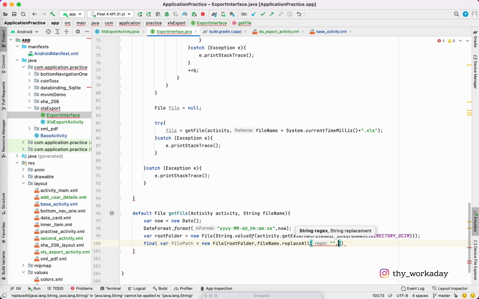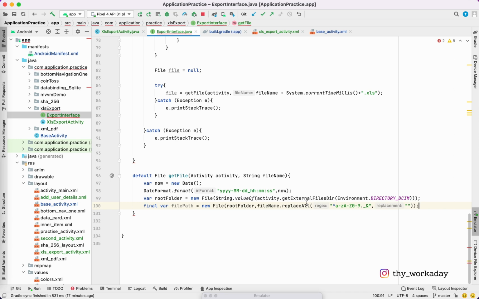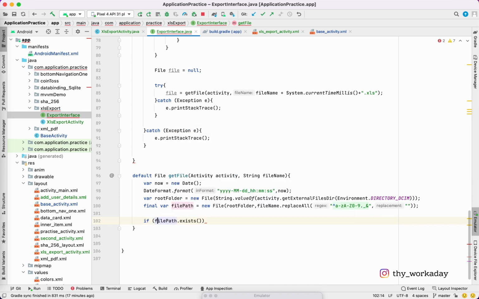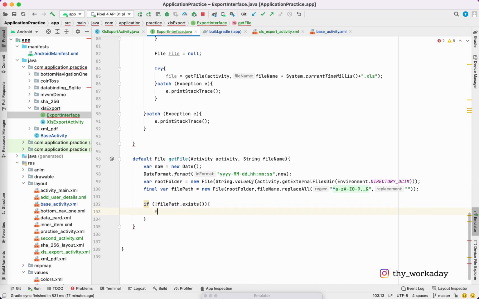We are going to replace any of the spaces or buttons from here. Okay, so A to Z, capital A to capital Z, 0 to 9 dot underscore and. Okay, this is the formatter, and we just need to confirm if file path dot exists. File path does exist. If it does not exist,